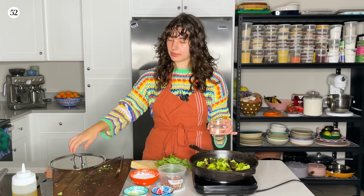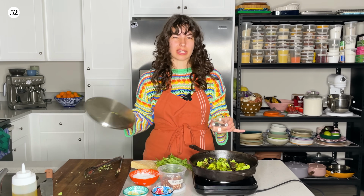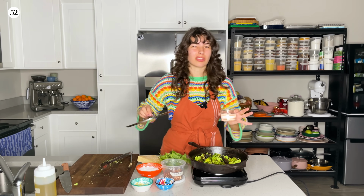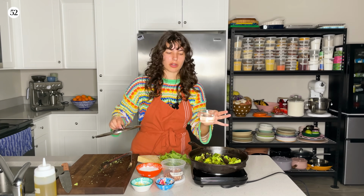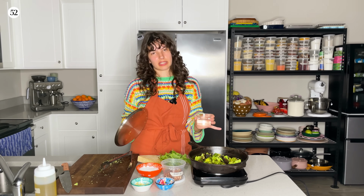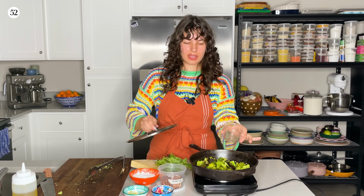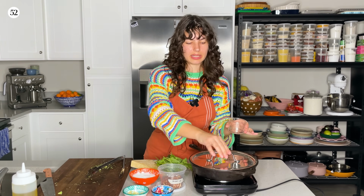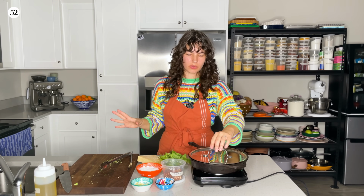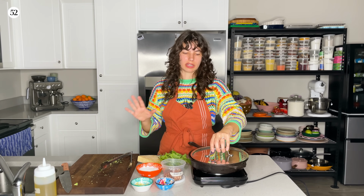So now we're gonna go in with a splash of water to steam the broccoli. We're gonna cover it with a lid. This will cook and soften our broccoli, which is what we want in order to blend it. And make sure you're not too close to the pan when you throw in the water, because things will steam and splash everywhere, and you don't want your face near that. So just keep that in mind. So we're gonna add a splash of water and then cover this with a lid. You want to give it like 7 to 10 minutes or until the broccoli has like a beautiful bright green color. You can check on it from time to time, but just keep it covered and just let it do